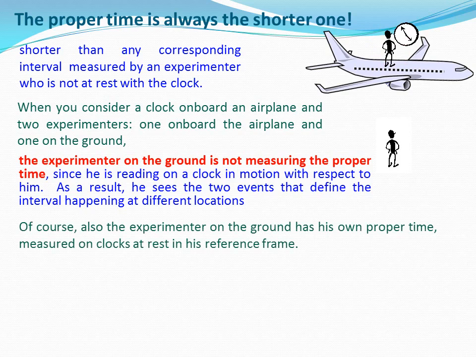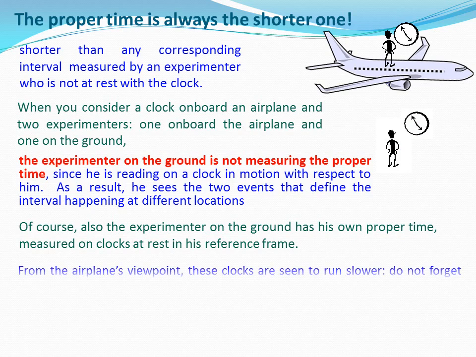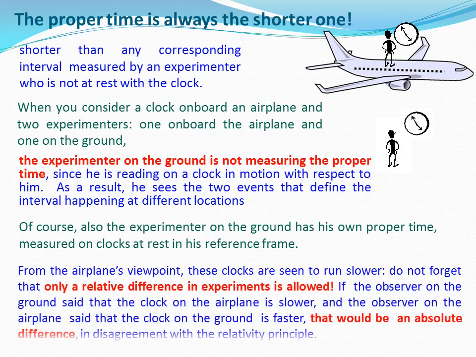Of course, the experimenter on the ground also has his own proper time, measured on clocks at rest in his reference frame. And from the airplane's viewpoint, these clocks are seen to run slower. Do not forget that only a relative difference is allowed. If the observer on the ground said that the clock on the airplane is running slower, and the observer on the airplane said that the clock on the ground is running faster, that would be an absolute difference, in disagreement